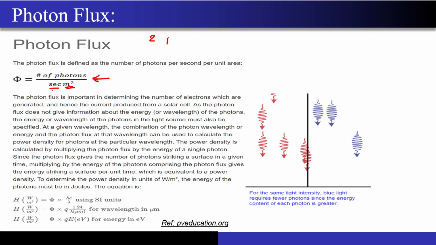If I am just shining 2 photons, then I may get only 2 electron hole pairs, assuming all the photons are getting absorbed. If I shine 100 photons, then of course I will expect to get 100 electron hole pairs. So this photon flux, the number of photons incident per unit area per unit time, is actually telling me how many electron hole pairs I will be generating. And why is this so important? Because these generated electron hole pairs will constitute a current, and that current I can use in my circuit to judge how much light intensity I had.